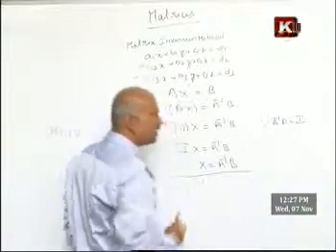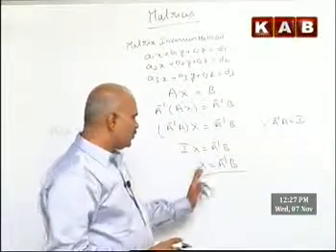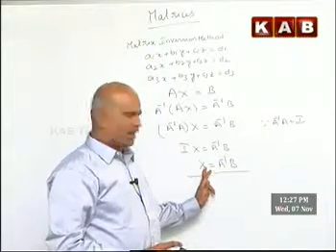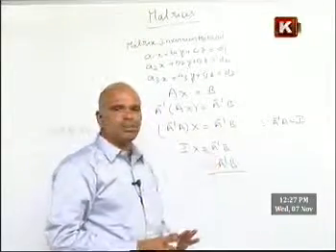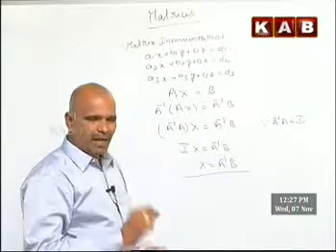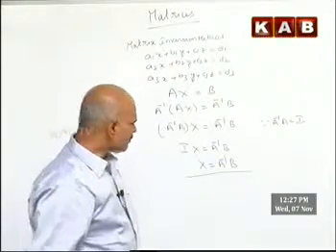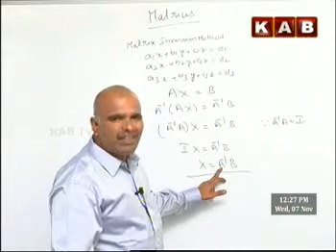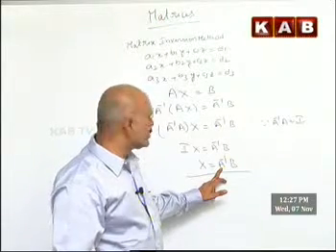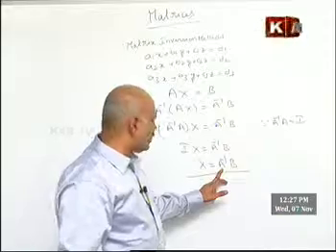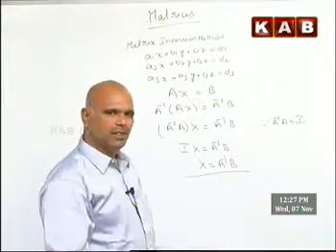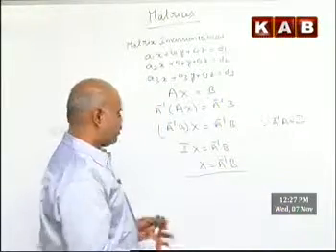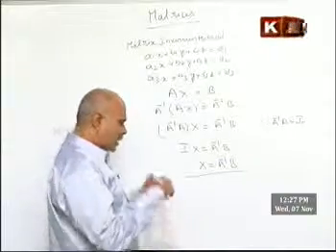So this is the general solution. To solve it directly, X will be equal to A inverse into B. This is the matrix inversion method. In this method, finding A inverse is the only difficult part. The rest of the part is very easy. If you can find the inverse matrix, then you get the answer. But what is the inverse? Here only I am discussing.